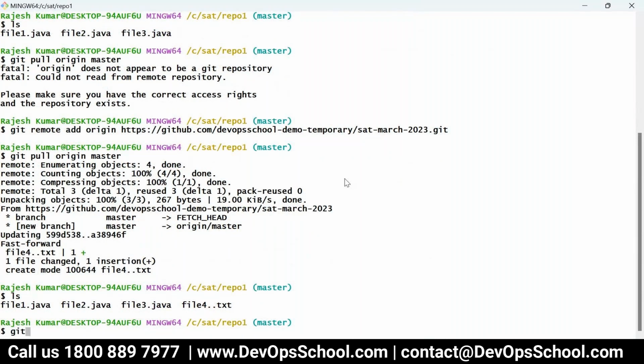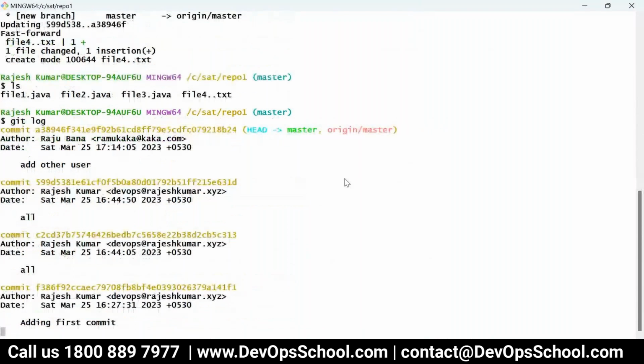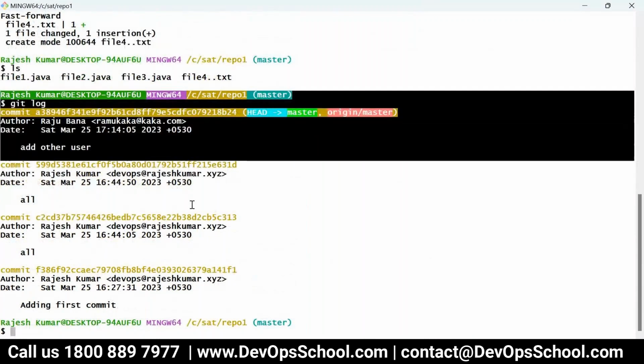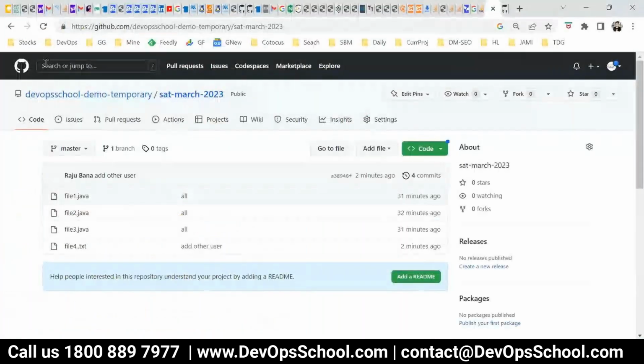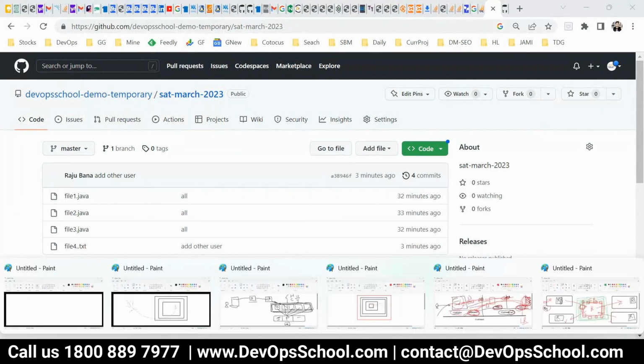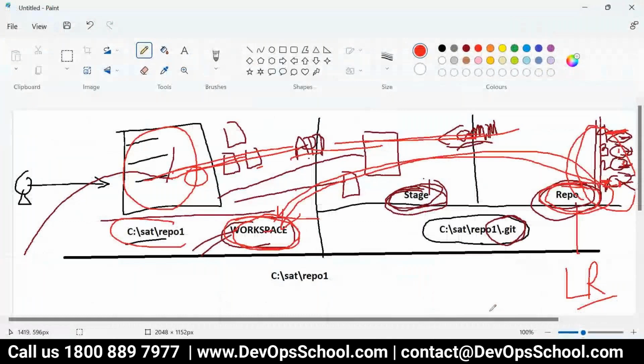Yeah. See, this is the other user's, Ramu Kaka's one. So here you got it. Now guys, this is the way you work. Mind it, I repeat, 100% of activity related to Git you do in your local repo, 100%, except one thing: push and pull.